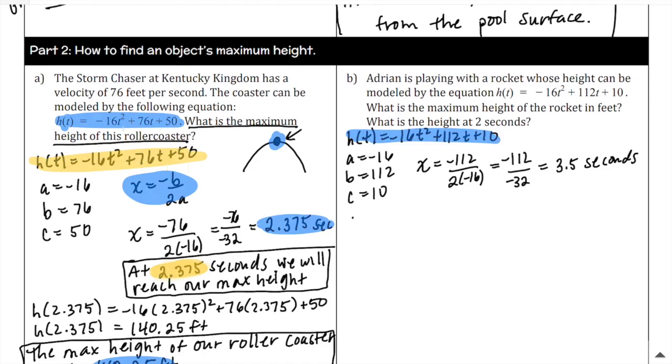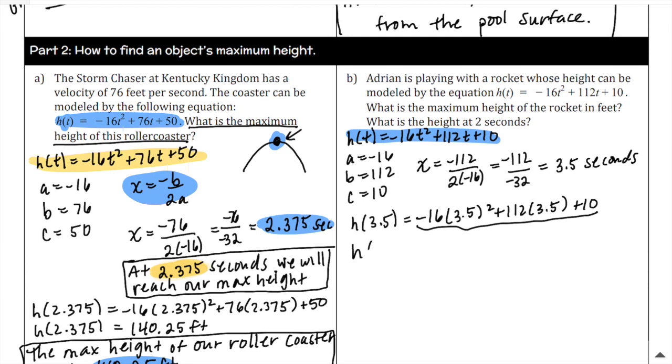So let's do that. I got h of 3.5 is equal to negative 16, and I'm plugging in 3.5 for t, plus 10. I'm just going to plug all of this right into my calculator. So I got h of 3.5 is equal to, and this ends up being 206 feet. Okay. So if I wanted to write out my cute little sentences, I have at 3.5 seconds,